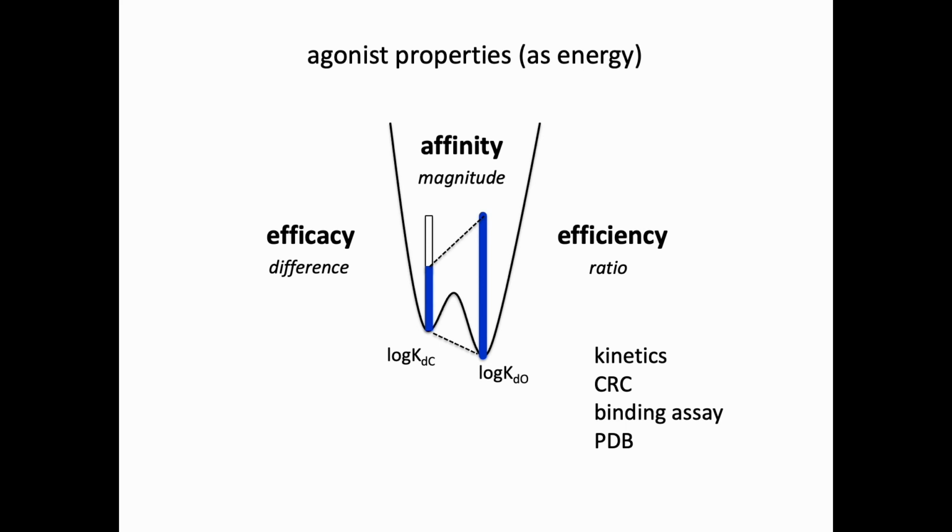The only thing I want to mention here is that these energy landscapes are drawn as smooth lines, but in fact they're bumpy. There are little microstates all along the way here, some bigger than others. It's probably a very corrugated surface, but none of these really will affect the efficacy, affinity, and efficiency parameters. Those are determined only by the length of these blue lines, which are taken by the bottoms of these two wells. So if you have a little glitch along the way here, it does not really change the definition of efficacy.